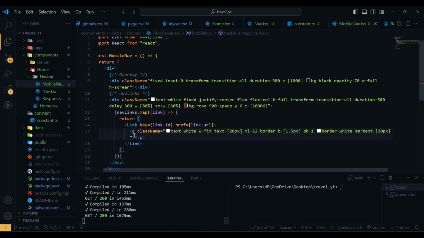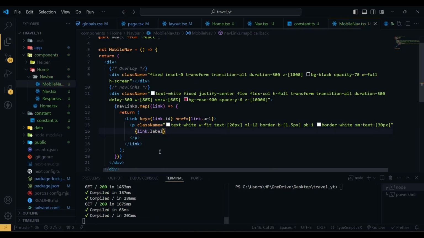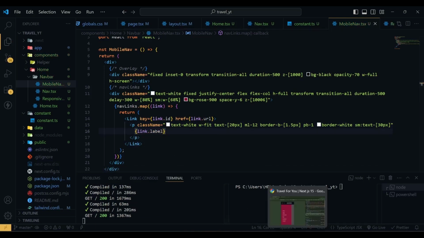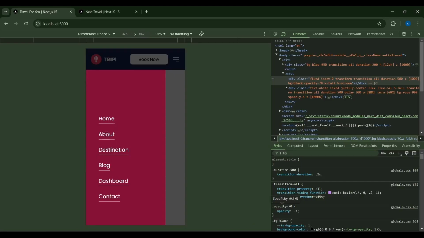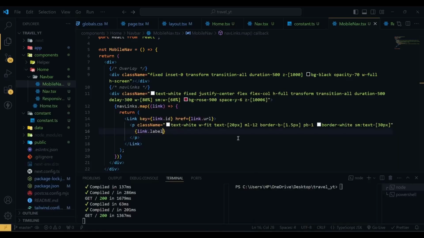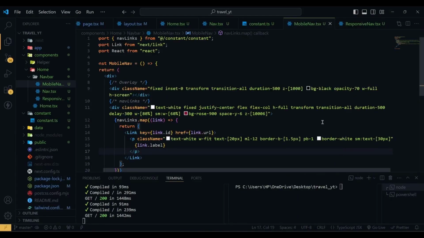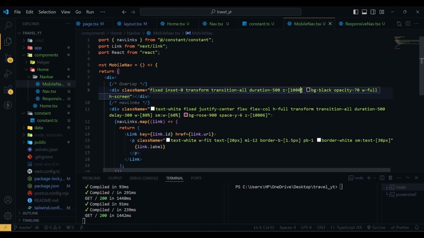and here inside this P we have our link dot label. Now if I go to our project, here you can see we have our home, about, destination, blog, dashboard, and contact, but this looks not good. So here what we are missing, so the problem is here we have to increase it. So let's use 1002, and here use 1050,